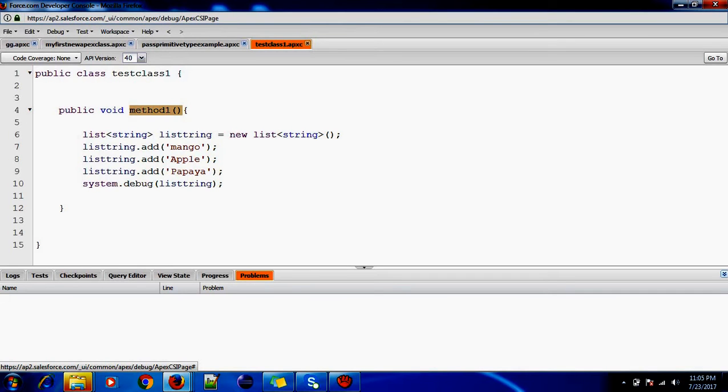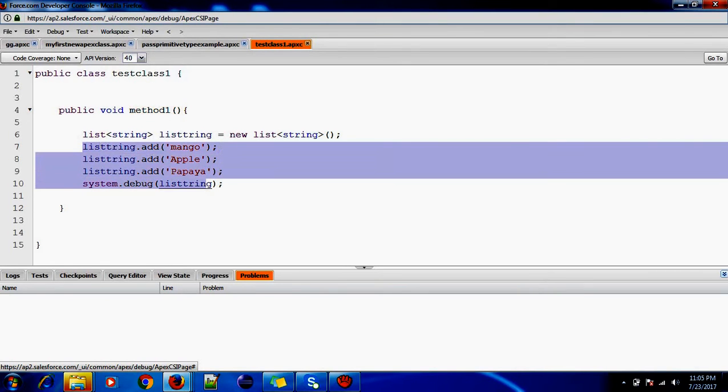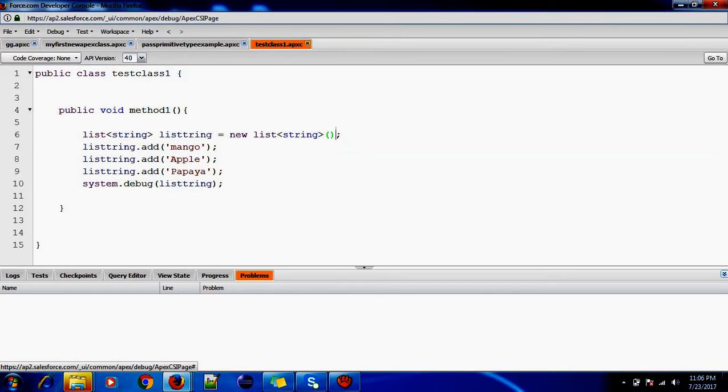If I don't want to add this way, what I can do is open flower bracket, mango, comma, apple, comma, papaya.